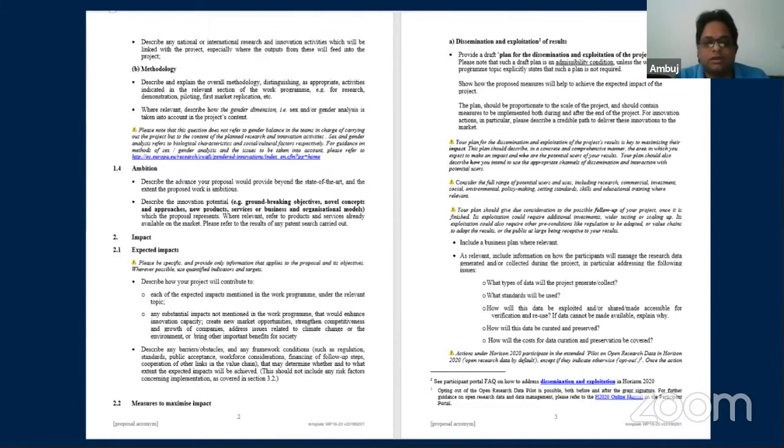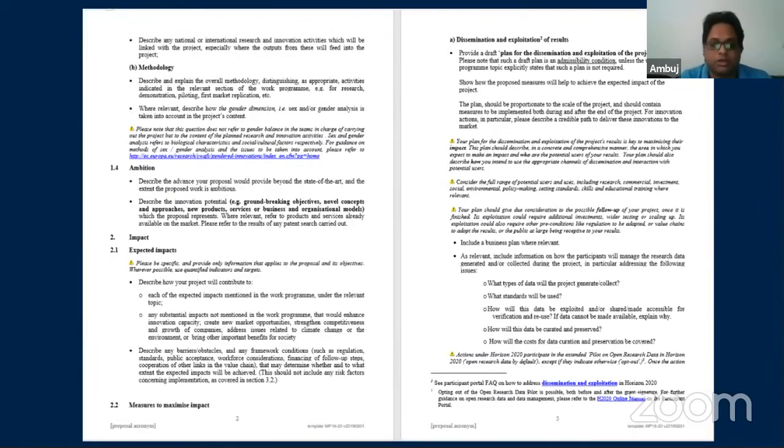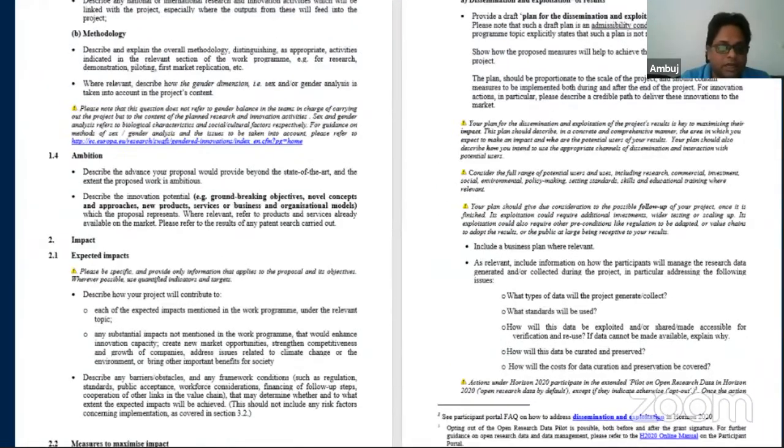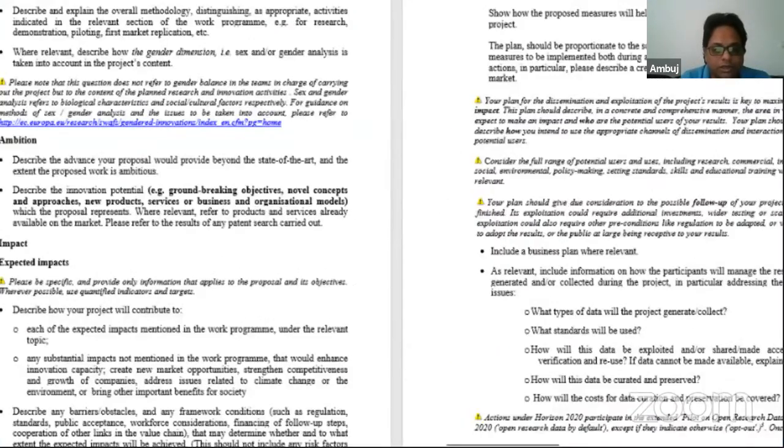And then the next section, section 2, is impact. So impact is basically, if you can see it, I have slightly tried to make it. Yeah. So describe each of the expected impacts in a work program. What is your expected impact? It is different from ambition.